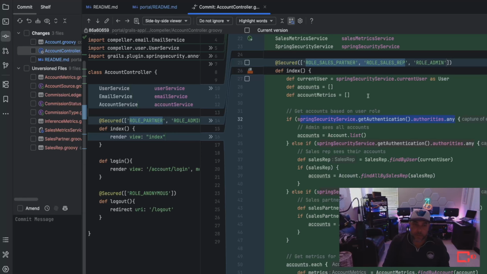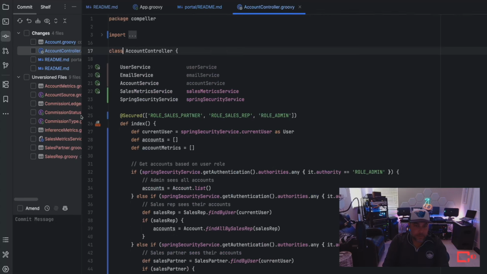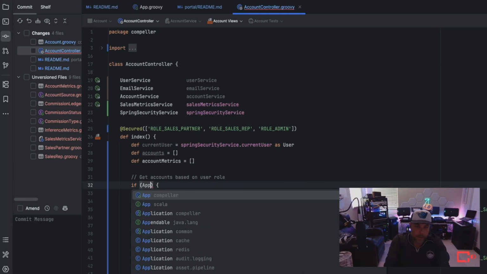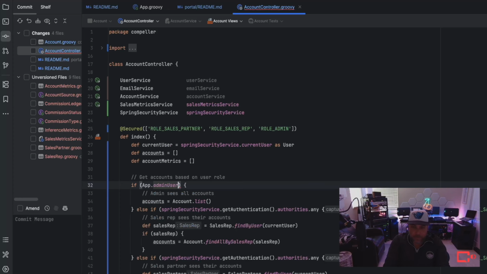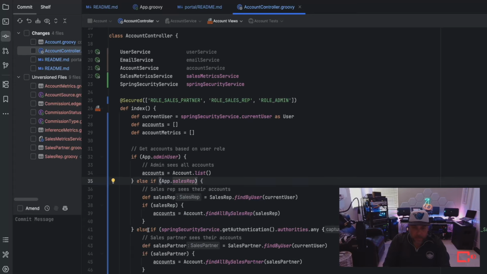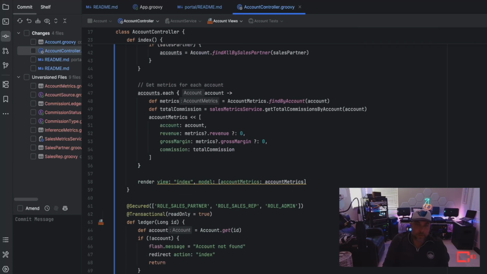So I should probably start by, we'll just close this because we know there's some things we don't like. Go to jump to source. Say if app.admin user, great. If app.sales rep, yep, and over here, if app.sales partner, great.